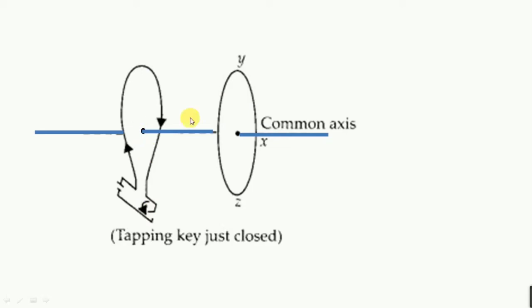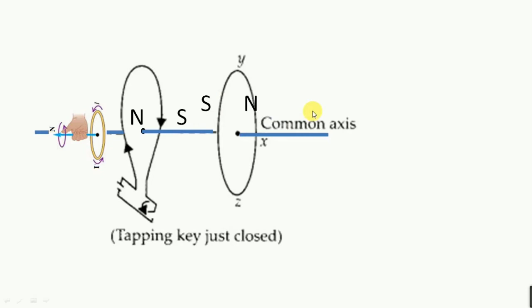So when you switch on, if you use the right hand rule in this loop, the north pole will be in this direction. This is the north pole and this is the south pole. Now if south pole appears out here, the current will be produced in this loop in such a way that it will try to oppose this south pole. To oppose this, south pole has to appear on this side and north pole has to appear on this side.